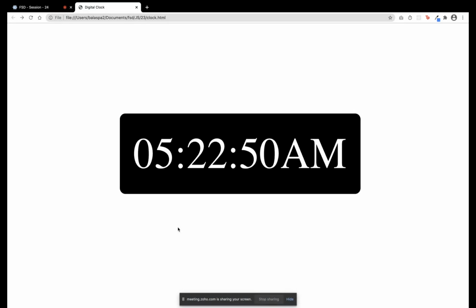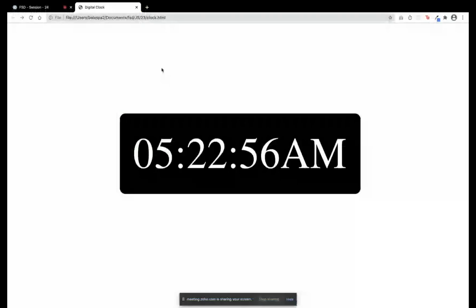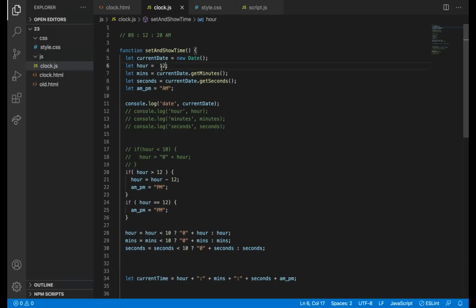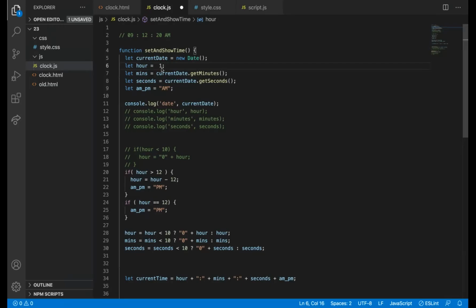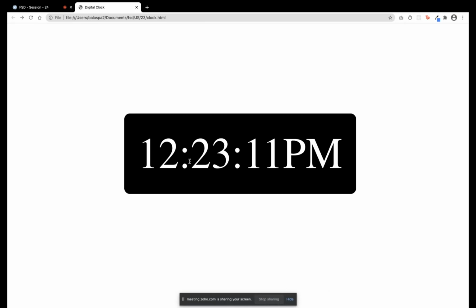I hope I have covered all the scenarios. We can check it here. If my value is 12, it shows 12 p.m. If my value is 13, because I'm in this condition, I'm not subtracting 12 inside this condition, so my value 12 is given.